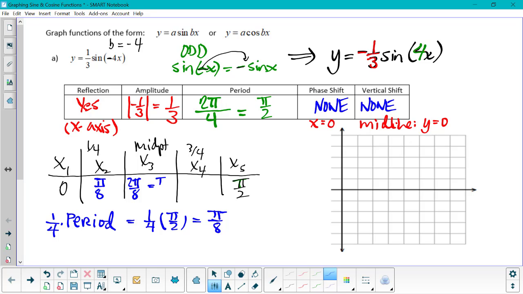But if you're adding, I just keep it with the common denominator and then reduce. So then I'm at 3 pi over 8. And then my last one I can double check would be 4 pi over 8, which should reduce to pi over 2. Okay, so these are my x values of my